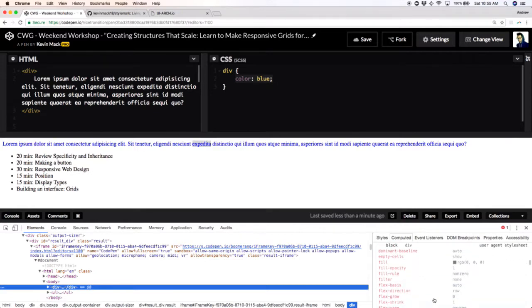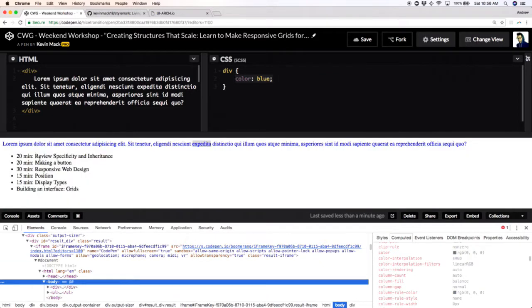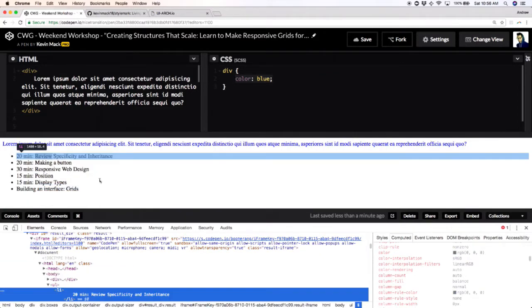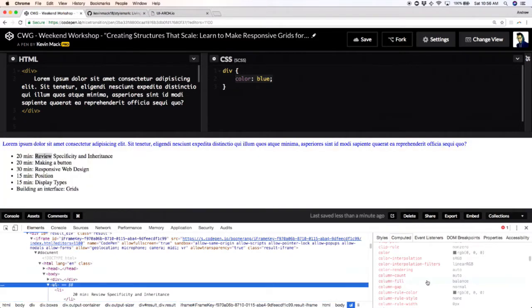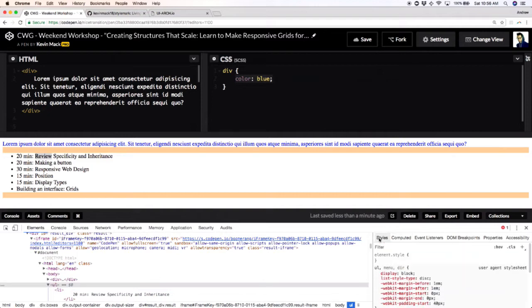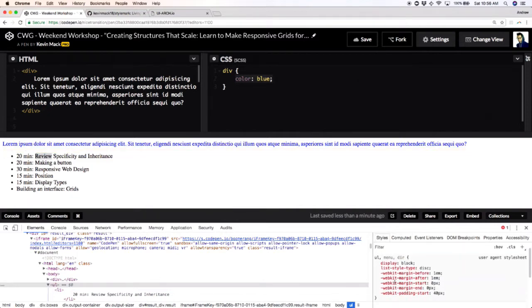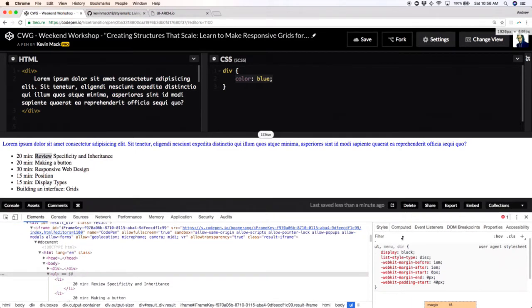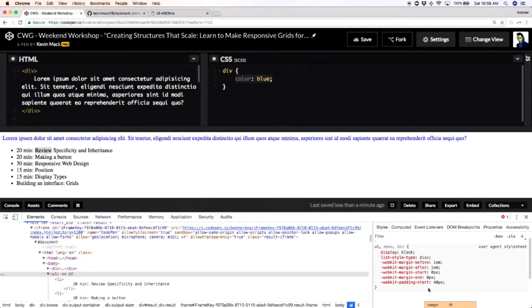So when you see user agent, it's what's rendering on the screen here and the ones that you're overwriting. And that's from computed. And every single element on a page has that. If I go to this unordered list, this UL here, and highlight it, it's going to be different than what a div has. And then if I go to styles, you can actually see the ones that are being applied by the browser. So if I was going to overwrite these, these would be the ones that I would want to overwrite,